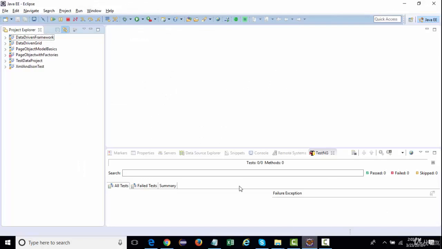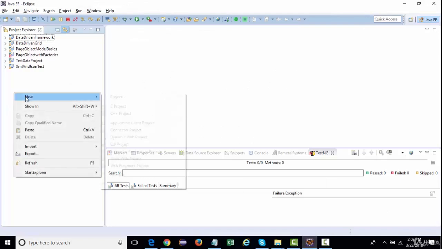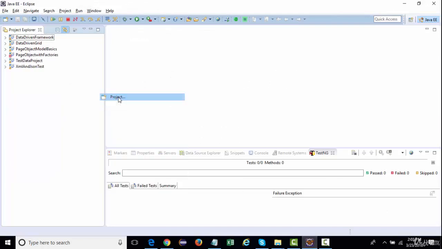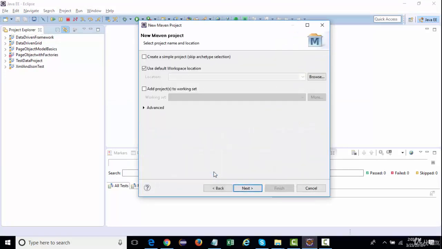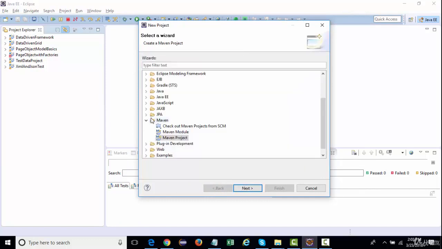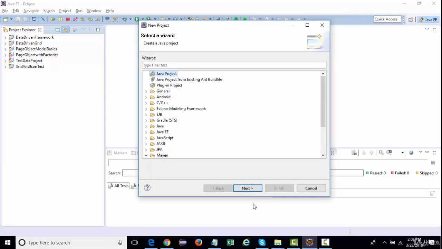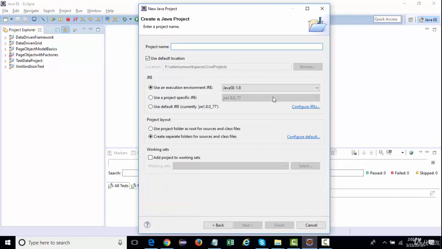I'm going to create a new project where we will be understanding the Java concepts. I'll create not a Maven project, it's a simple Java project, and name it Java concepts.